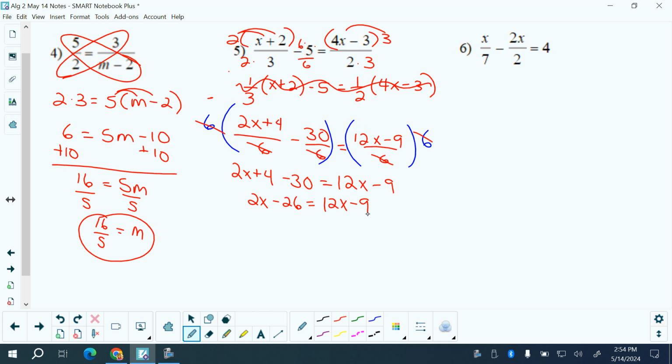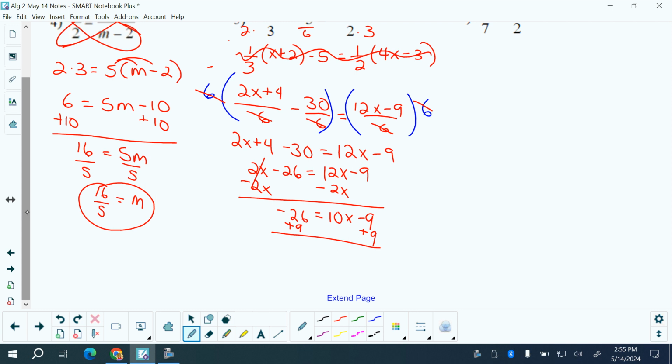And then what would our next step be? Subtract 2x. We want to get our x's together. Potentially that can save steps. Rather than bringing the numbers together, it can potentially save us steps if we bring our x's together first. So we get negative 26 equals 10x minus 9. And we get negative 17 is 10x. So x is negative 17 over